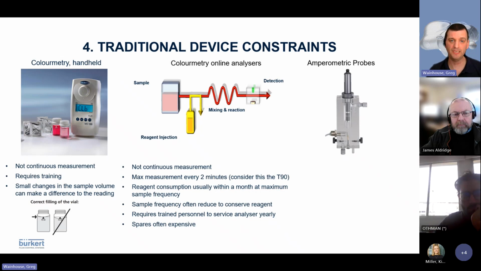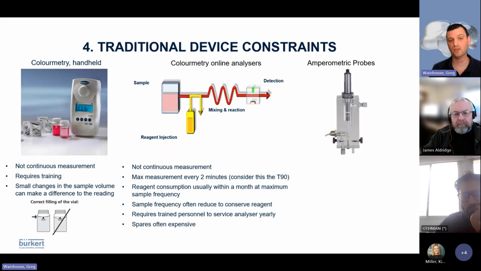because it takes a sample offline, mixes it with the chemical, and then produces the measurement of that sample and mixing reagent. So it's not a continuous measurement, and there could be peaks and troughs of chlorine either going into the process or coming out of the process, whatever that filtration process is. We say that the T90 time, the amount of time it takes to get from 0 to 90% of the measured value,